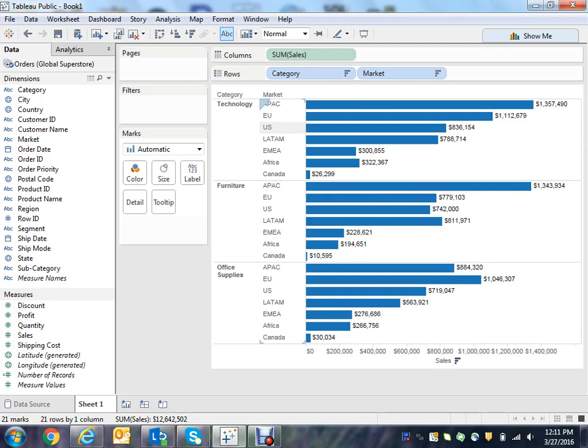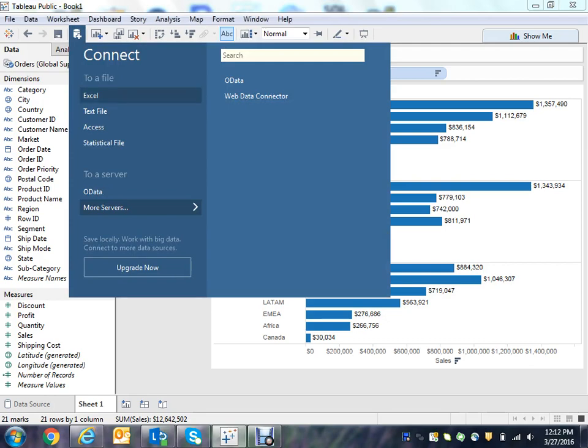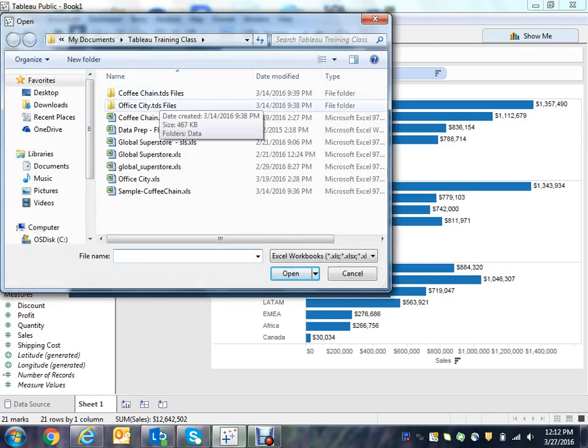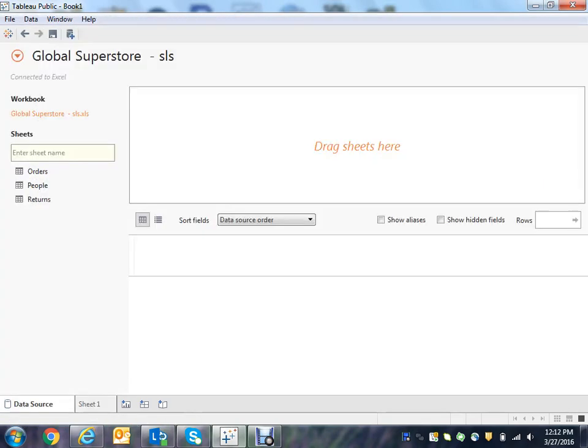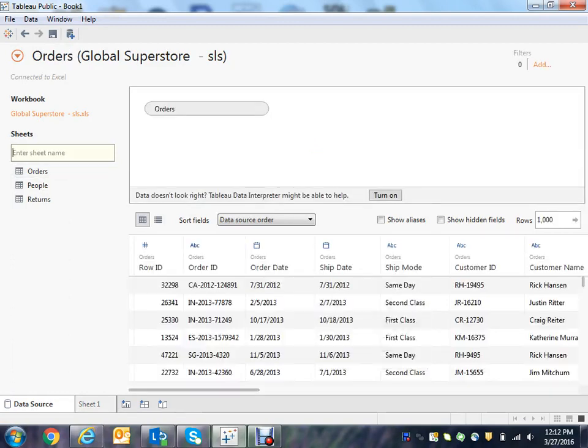Now I'm going to switch the workbook, and we'll explain what we mean by switching. So let's go to another data source, get Excel, and let's pick up this Global Superstore, but it's slightly different. It's SLS. The name is slightly different and the data will be slightly different. So we pick up this one, we come to Orders, I go to sheet,